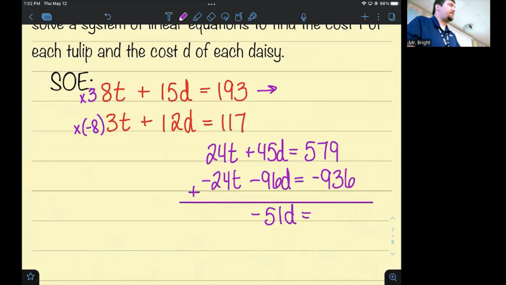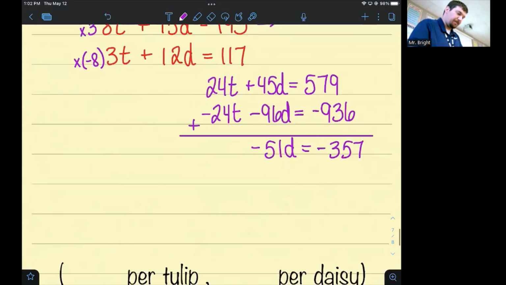What will I get when I add 579 and -936? That's another subtraction problem, obviously. Someone other than Christian. You need redemption? I'll come back to you. I'll let you be redeemed on the last part of it here. Yes. -357. Okay. And then Christian, back to you then. Dividing by -51 is going to give us what for the cost of a daisy? 7. Yep, 2 negatives make a positive. So